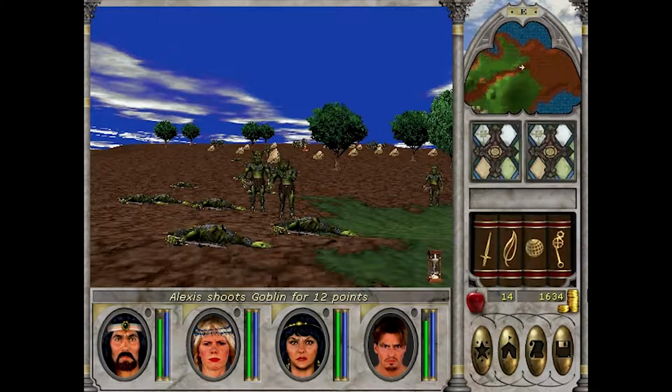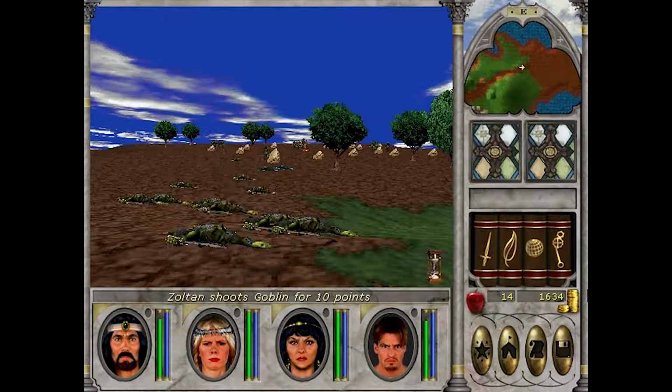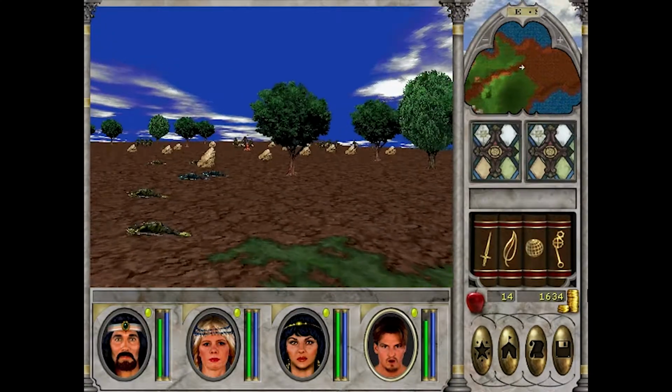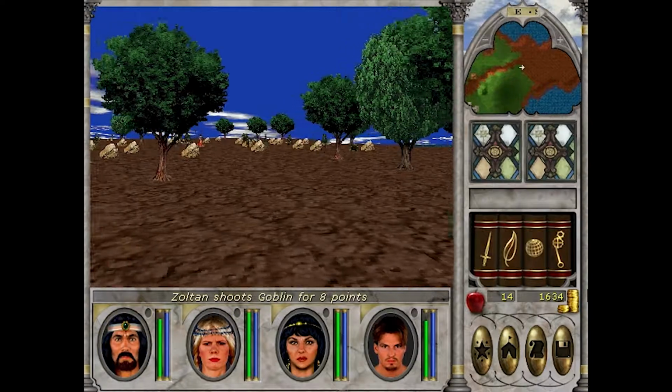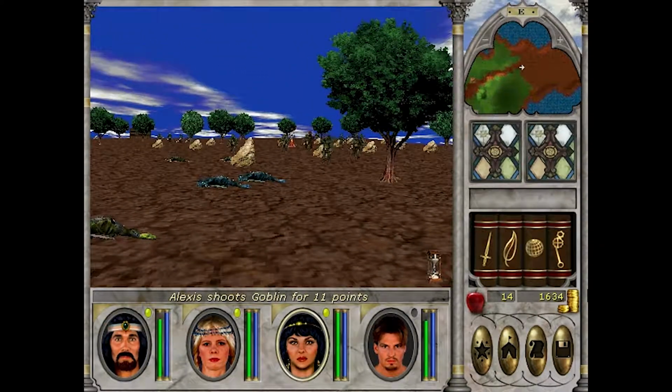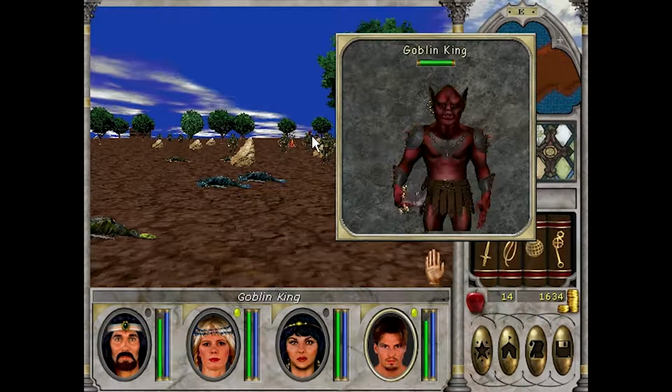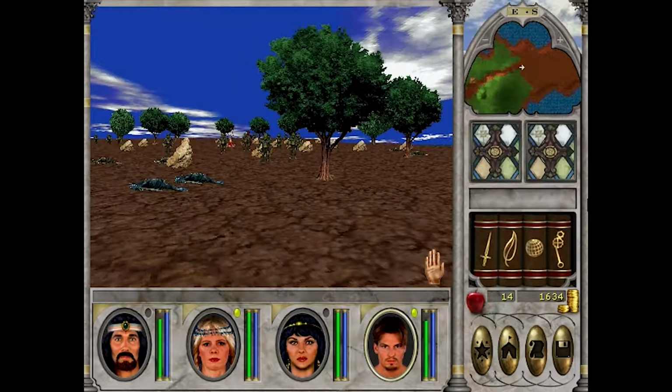This is how I like using the turn-based combat, because it prevents enemies from running around, and therefore it prevents you from basically missing them with your animations. Oh, there's a Goblin King there. There you go, Goblin King's the red one. You can see the Goblin has less hit points than the Goblin King, although you don't know the numerical value,